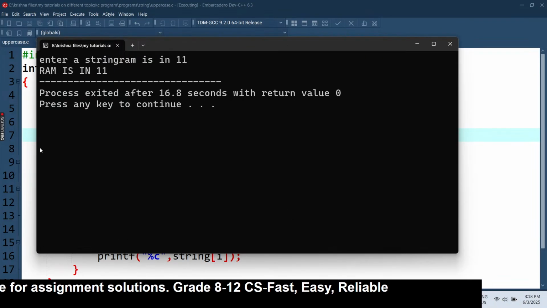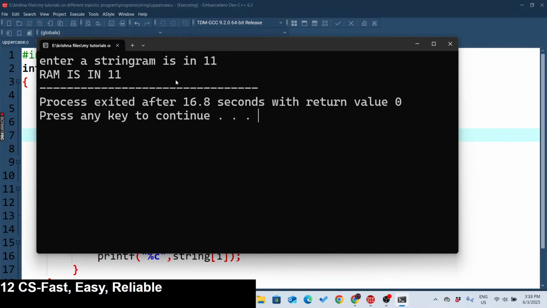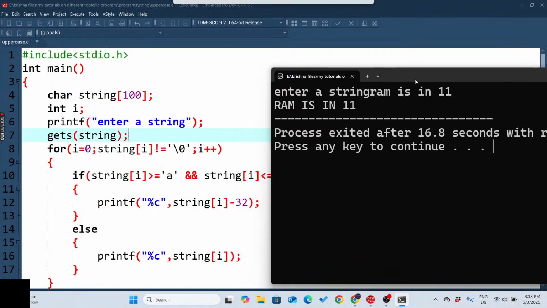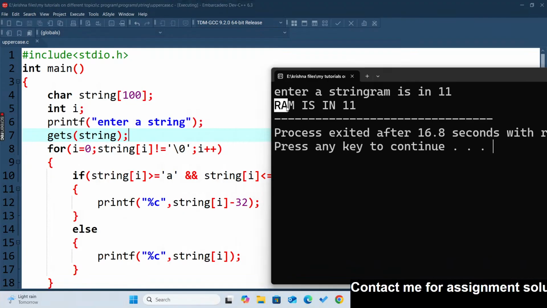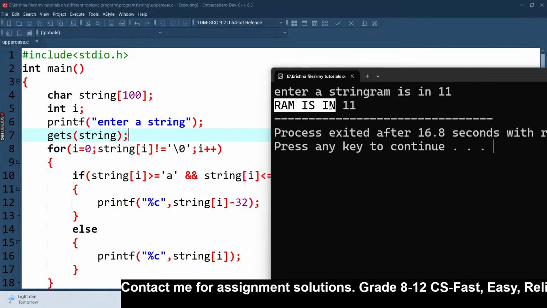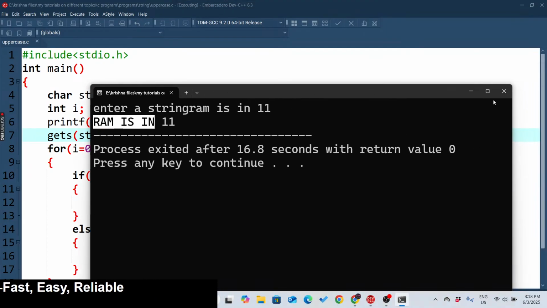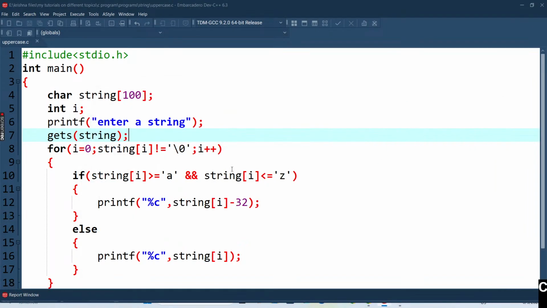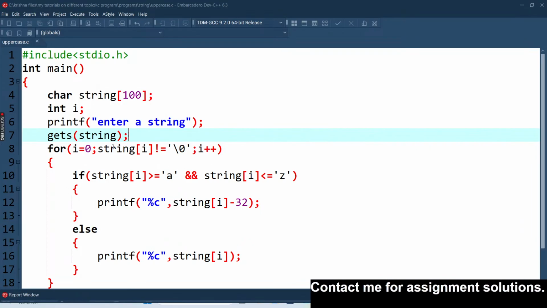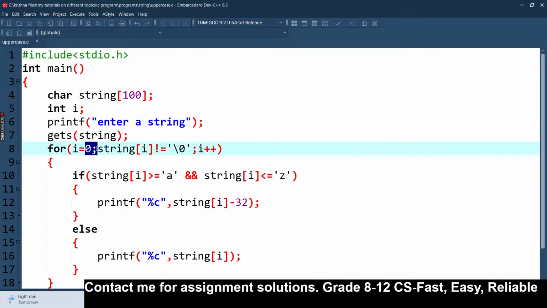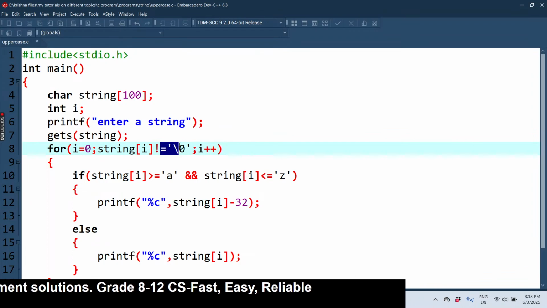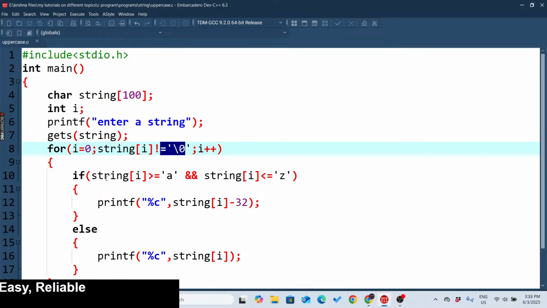So here is the output. RAM is in grade 11 and that we were looking for, yes or no. So all the letters here are in capital, uppercase we can say. So what we have done here, we have done nothing here. Simply, since the string starts from 0 location and its last character is null, we have used that,